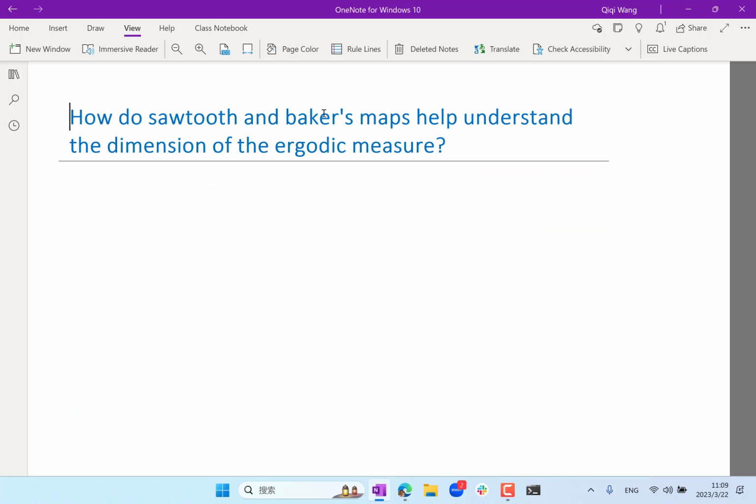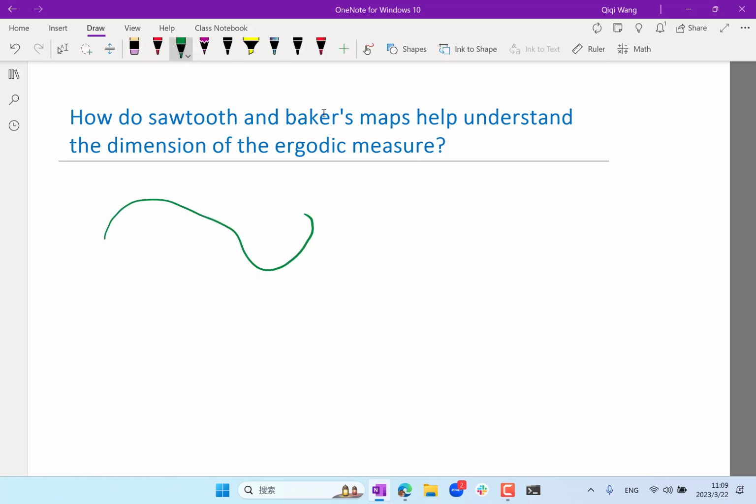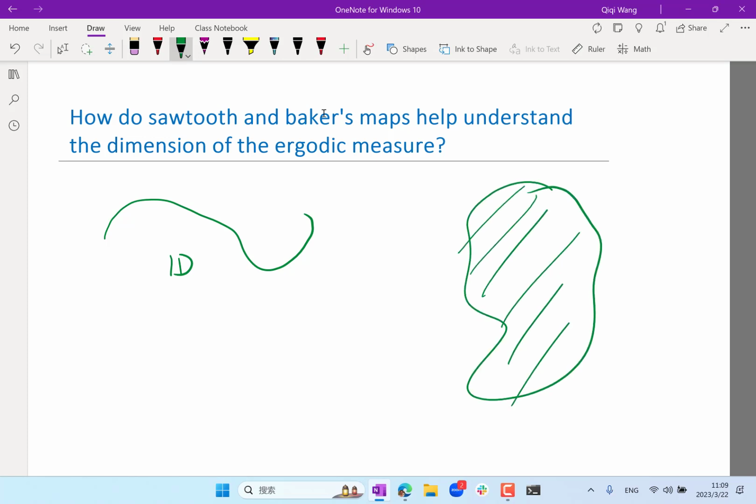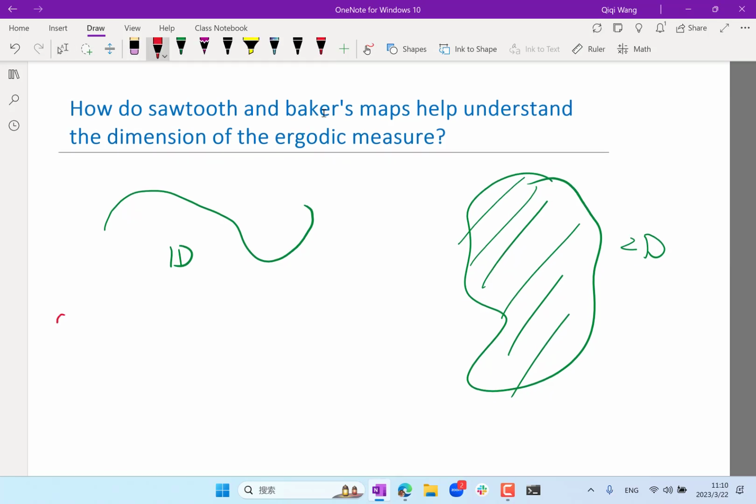So what do we mean by dimension? Let me first introduce a generalized understanding of what dimension is. We all know that a line or a curve is 1D, right? An area in a two-dimensional plane is 2D. And a solid that has a volume is 3D, right? Mathematically, there is a more rigorous way of understanding what is 1D, what is 2D, that actually goes beyond integer dimension. So the dimension